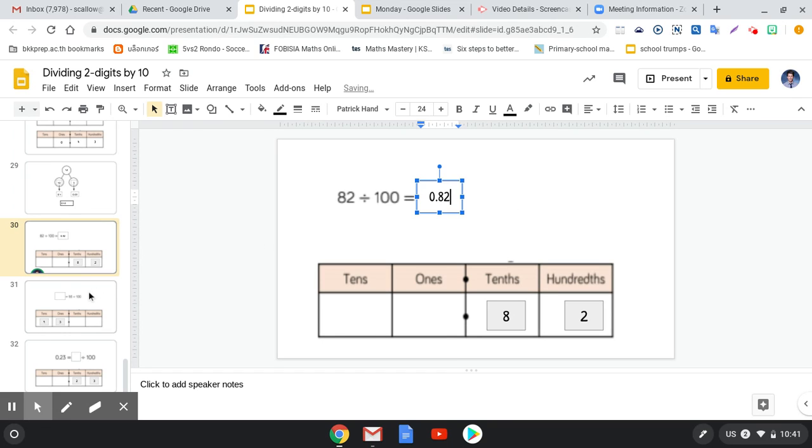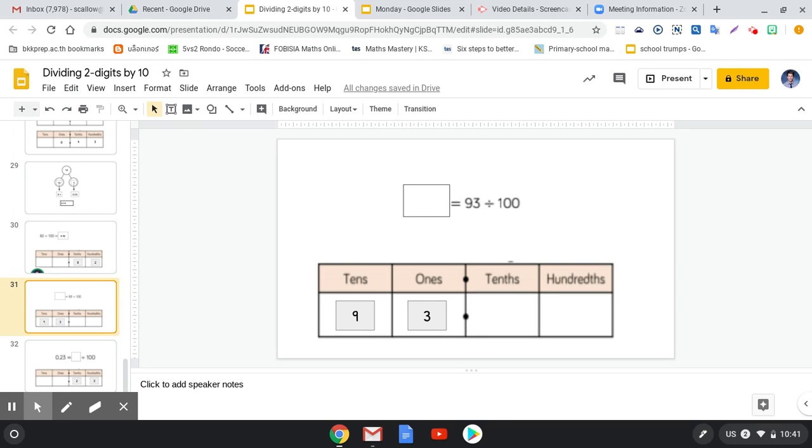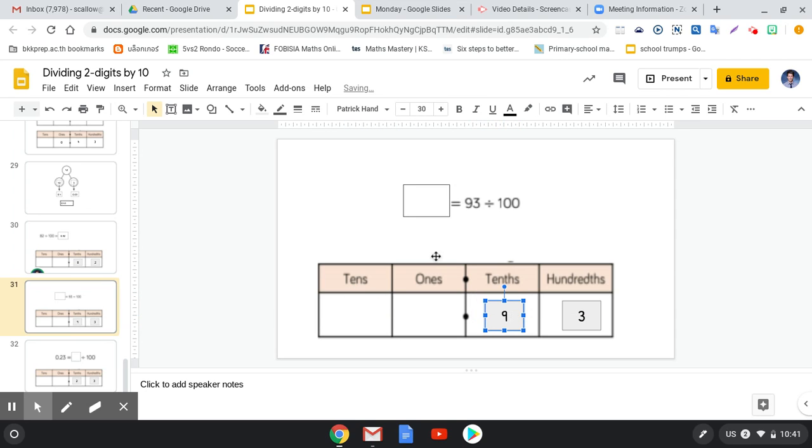Right, so look at the next one. So again, this one has just shifted the answer to the beginning, but the same rules apply. So we still have to create a balance. So something is 93 divided by 100. Well, we know the rules by now. We have to move all the digits 2 places to the right. So I move my ones into the hundredths again. I move my tens into the tenths. To show me that 93 divided by 100 is